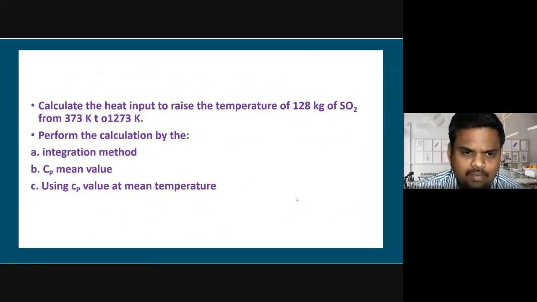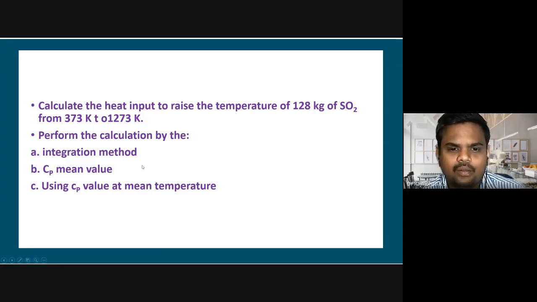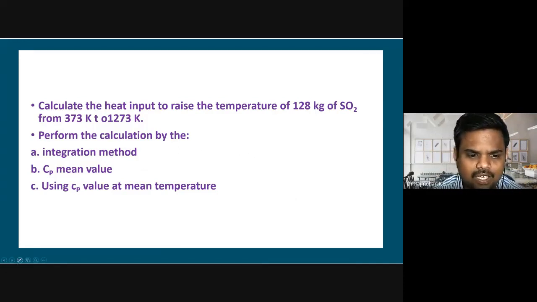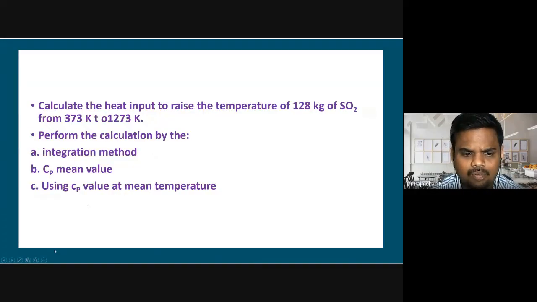So look at this problem. Calculate the heat input to raise the temperature of 128 kg of SO2 from 373 Kelvin to 1273 Kelvin. Perform the calculation by the integration method. That is one way which we know. And perform the calculation by